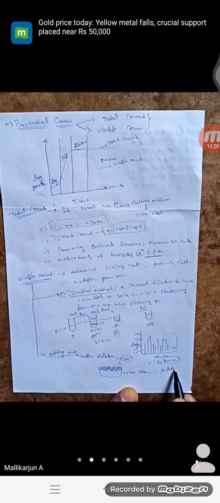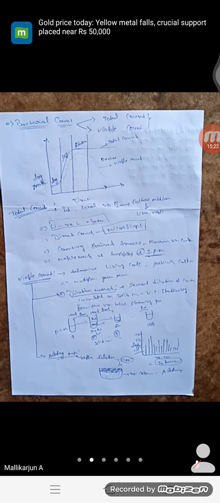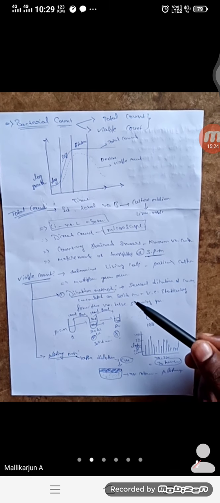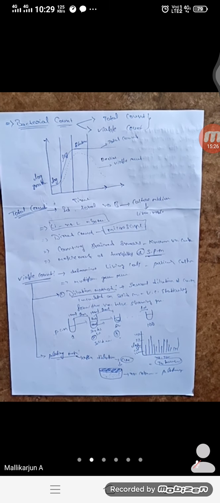the count is identified by the plating method. In the dilution method, dilutions go up to 1000 test tubes, each test tube containing 1 ml of the sample and 9 ml of water. Then after adding the solid medium, it gives the number of cells, identified statistically. In the plating method, after dilution, the culture media is placed on the surface of the solid media and it produces colonies. Depending upon the colonies, the count is identified.